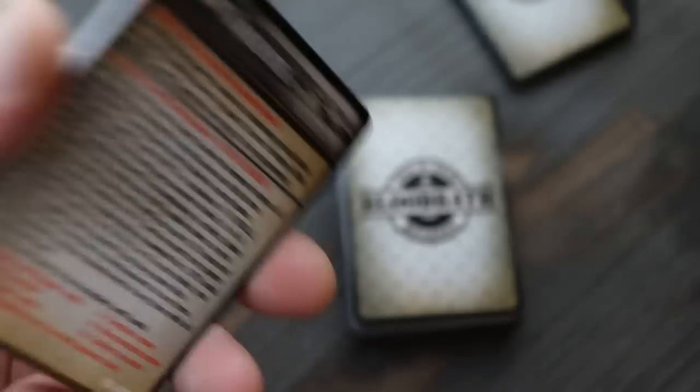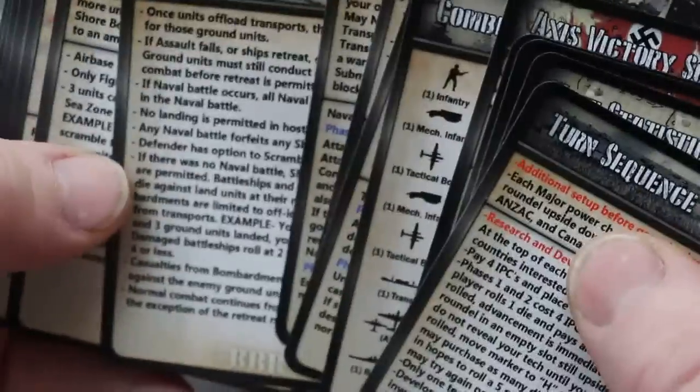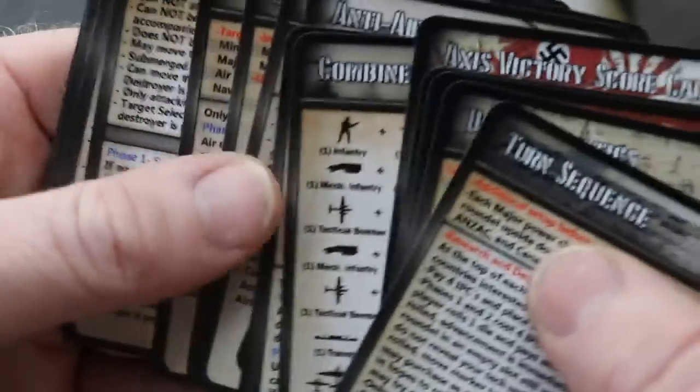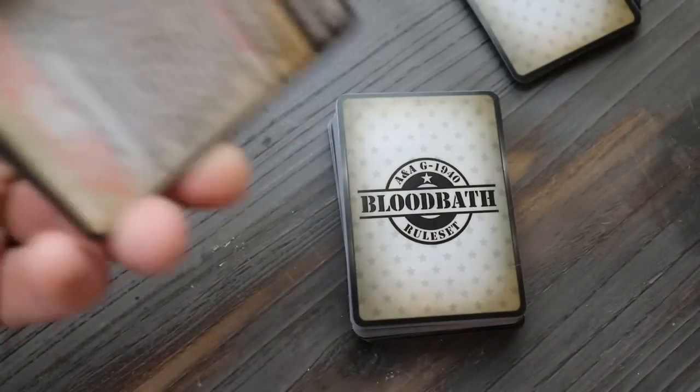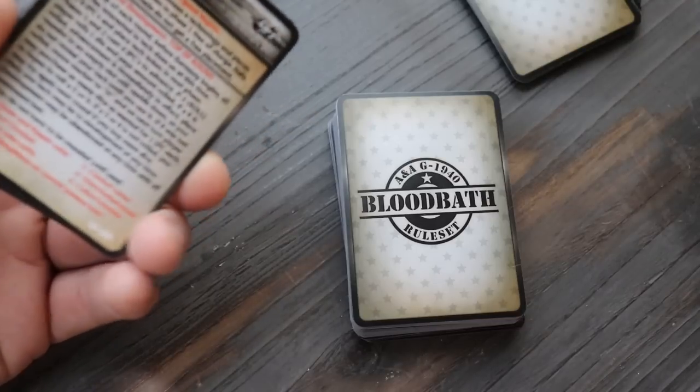Naturally these will go more into detail in the rule book, and I'll go over in videos the weird stuff like target select, and what else was odd that's on here. I guess the naval blockade, that kind of stuff. We'll do some updated videos on those. So in the deck, 2 sets of these, I guess, flashcards, so you don't have to go through the rule book. Now speaking of the rule book,